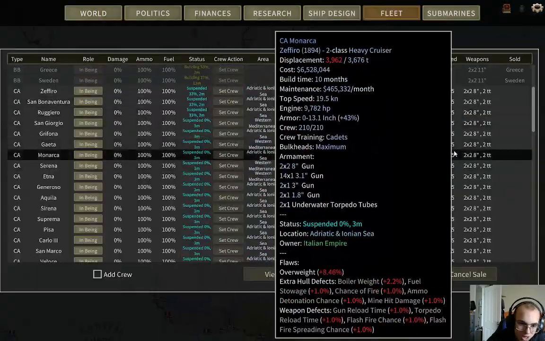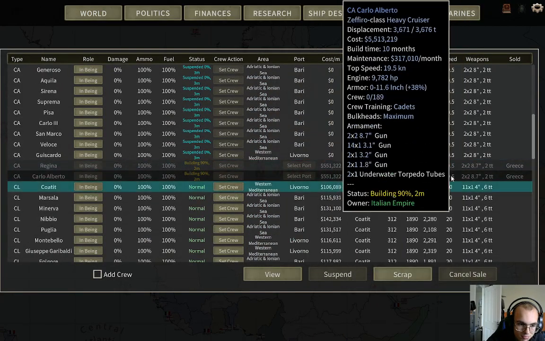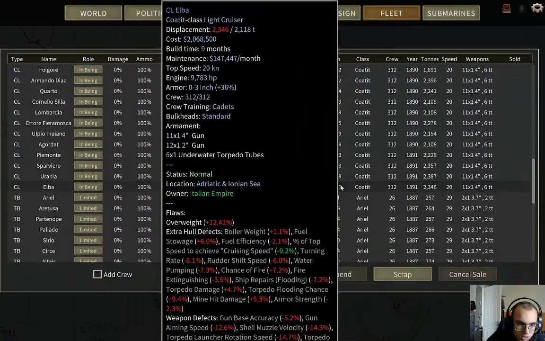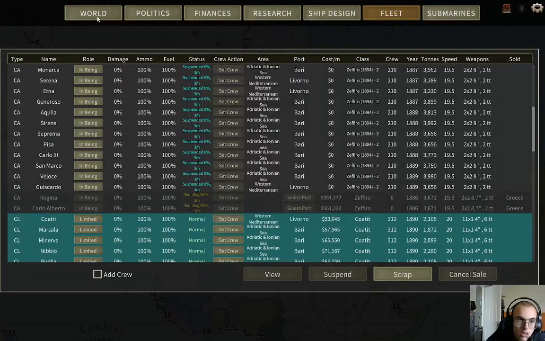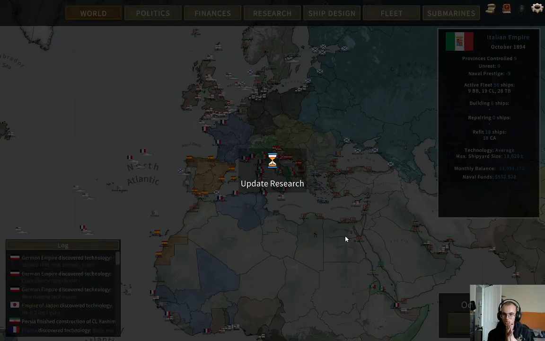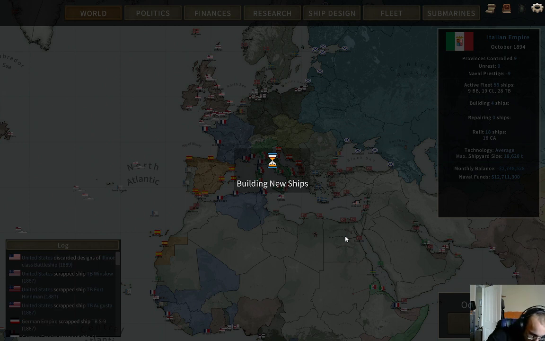That's only helped very slightly. Bloody hell. Okay, limited fleet, the light cruisers then. There we go. We survive a turn of this madness. We get extra money given to us from somewhere. I think it's from the sale of our ship, the selling of ships, but